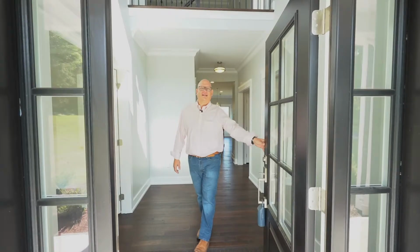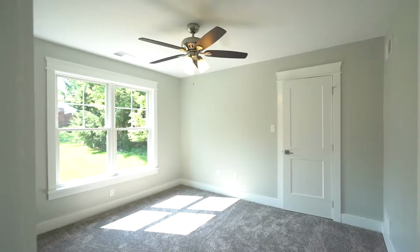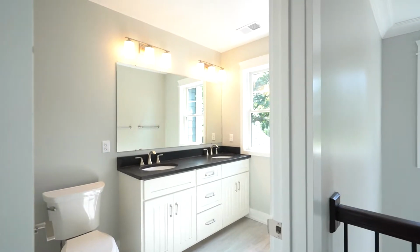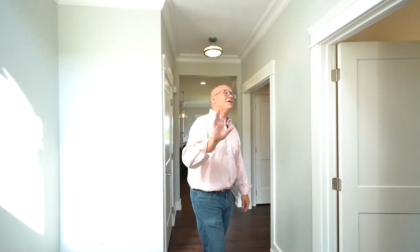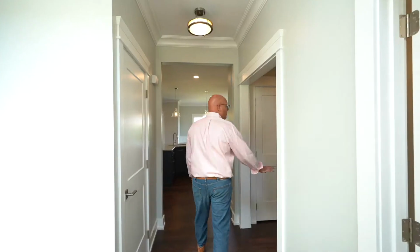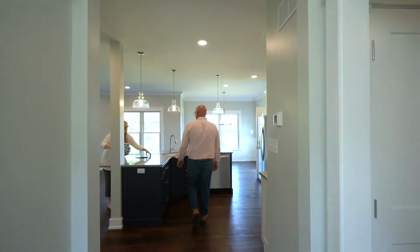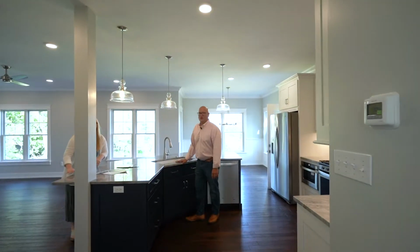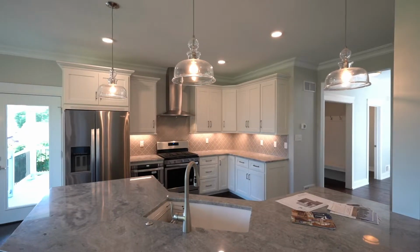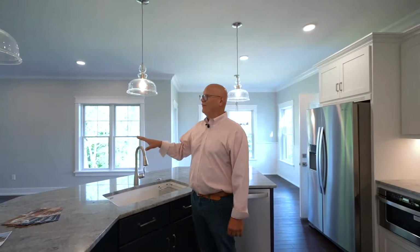Welcome to 1321 Lesnett Road, located in Upper St. Clair. This is a new construction, 4-bedroom, 3.5 bath with first floor office, 2-story entry, powder room, mudroom that leads out to a 3-car garage, custom kitchen with granite countertops, custom cabinetry, stainless steel appliances, tile backsplash, along with an open floor plan that leads